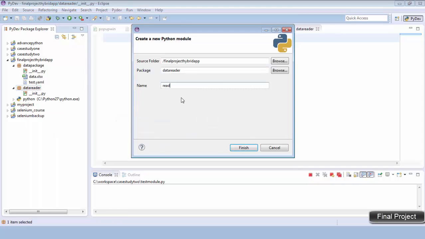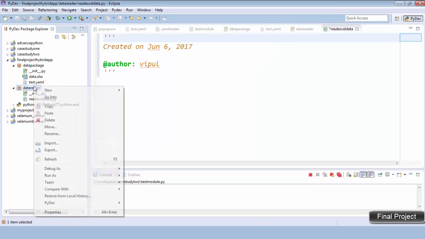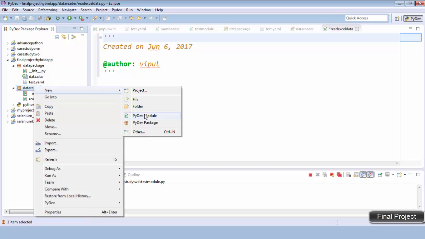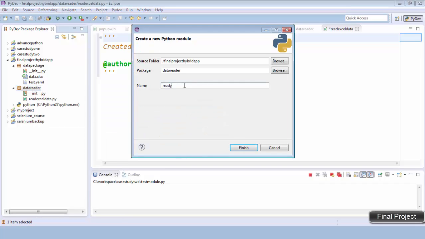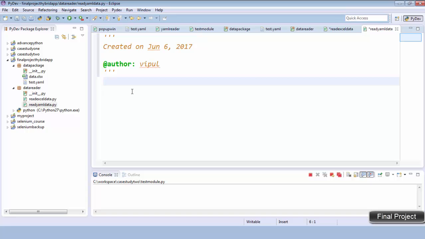So read Excel data. There are two kinds of data. One is read Excel data, and the other one is read YAML data. So it will return the YAML data. That's fine. First of all we will read the Excel data, then we will read the YAML data in the next